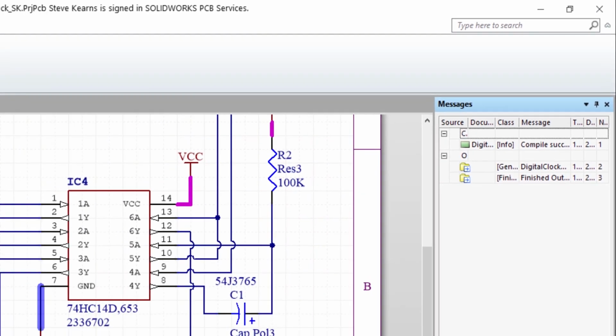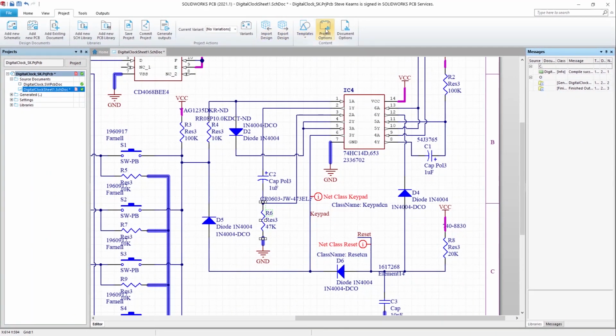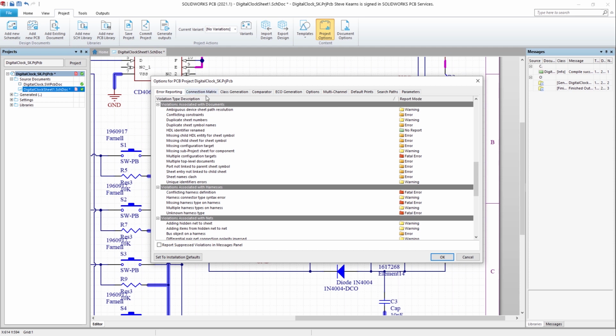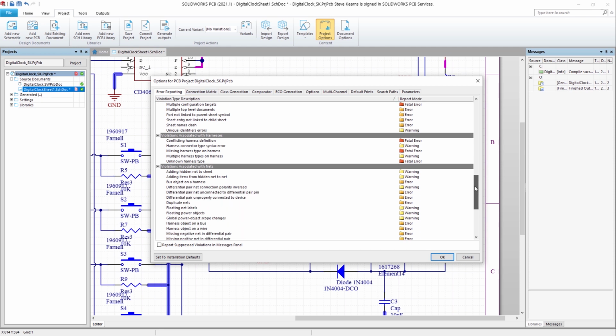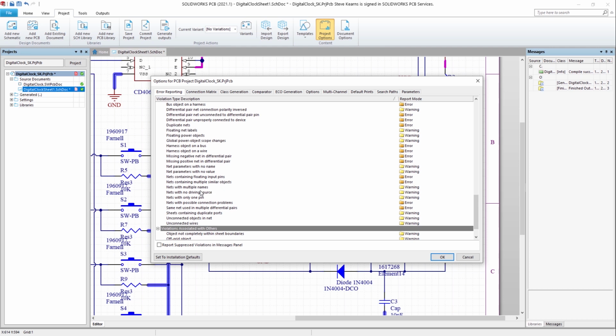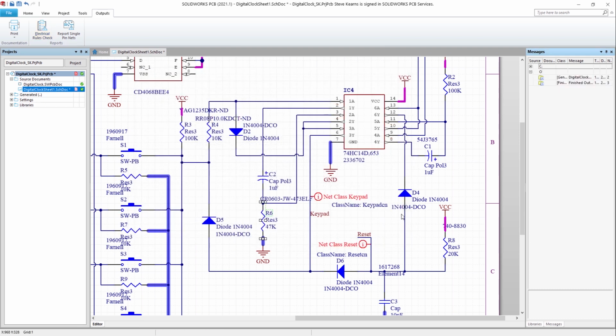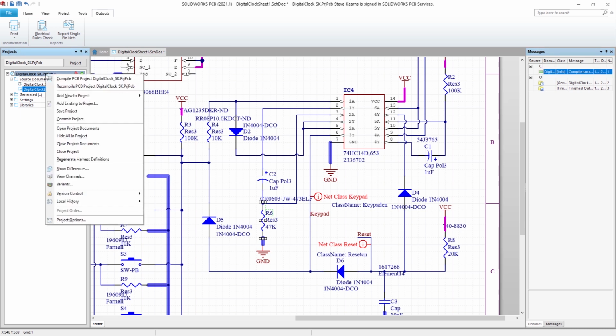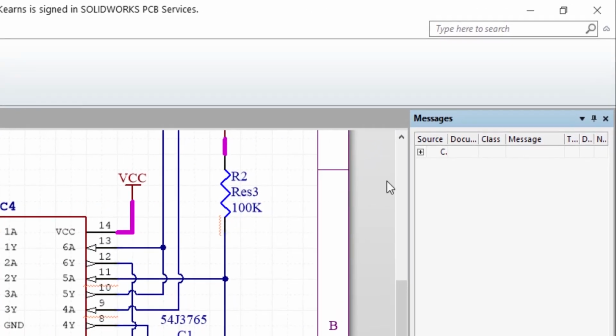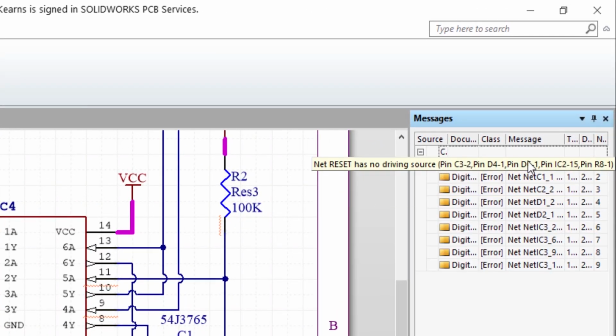Let us look at how the report mode states are set against violation types by selecting from the options. Note that when ERC is rerun, it has reported no errors after setting the error state against nets with no driving source, although there may well be some. This is because changes in the design often require design to be recompiled. After recompile, which runs ERC, we see some errors.